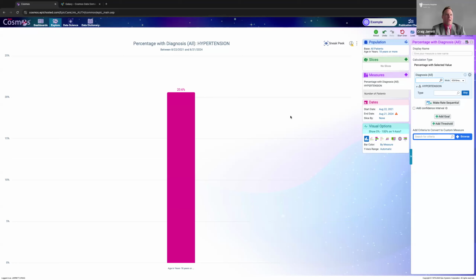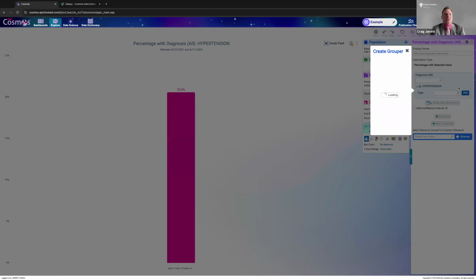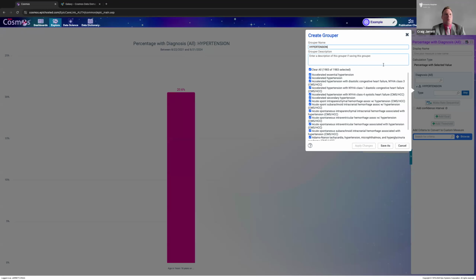And what I had mentioned before about all these ICD codes, where did they go? And so we just have hypertension. What does that mean? So if you hit this, Epic has what are called groupers. These are used operationally in Epic, and they're used in Cosmos. I mean, there's no reason to change it if it's not broken. So if you open that grouper, you can see that this one hypertension grouper contains